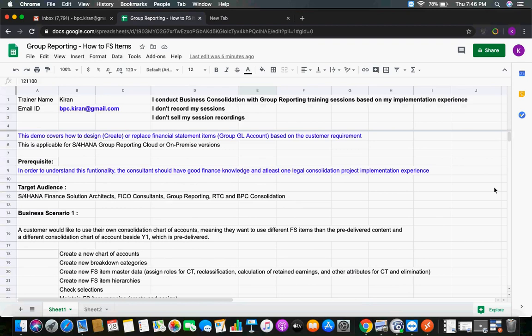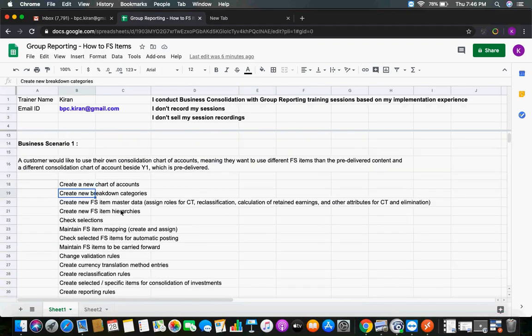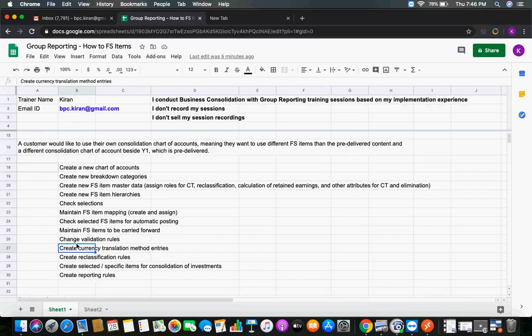You want to use your own group chart of accounts name, right? Then you have to configure everything new. You cannot use existing content. All these items you have to develop: reclassification rules, currency translation, validation rules, all these things. I don't suggest this approach. In my experience, if you ask me, if someone is going for this solution, he is inexperienced. He doesn't know the system. So, scenario two.